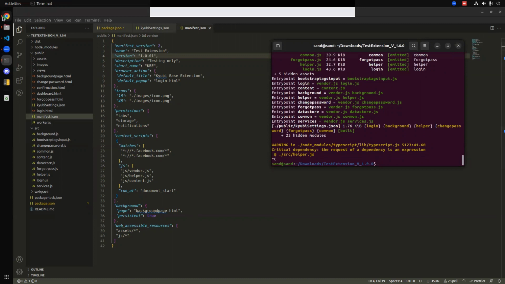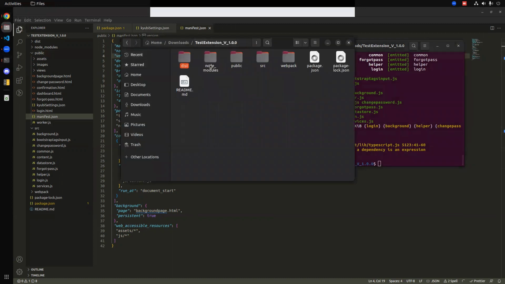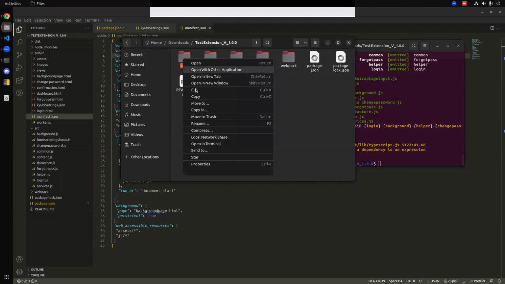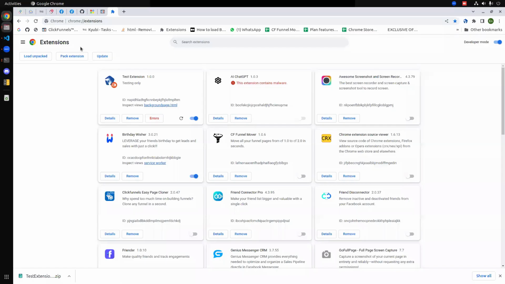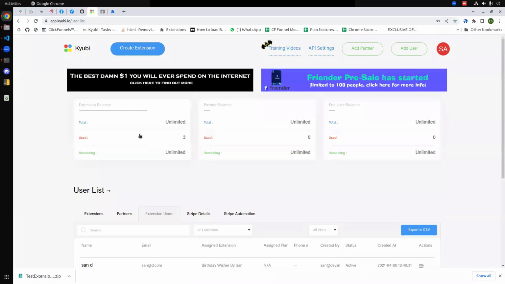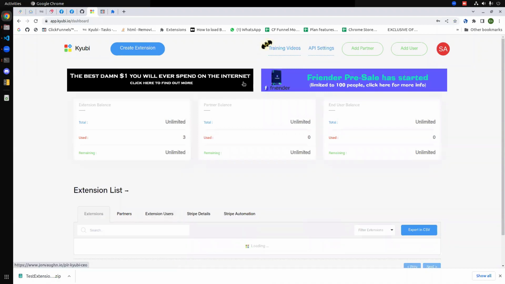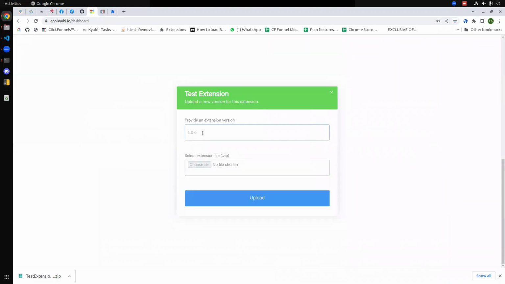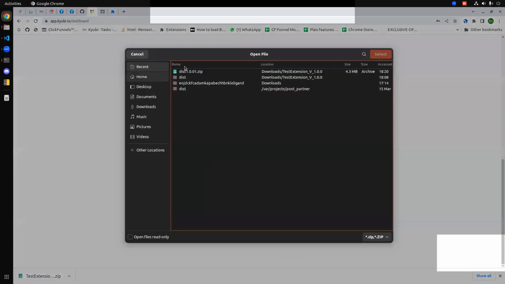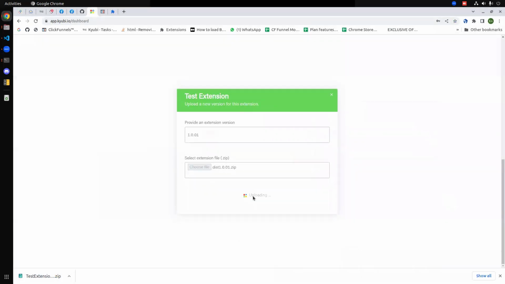So the next thing I have to do is go back to the folder where dist is generated, and I can just compress it with the name dist 1.0.01, and I can create that. Then I can go back to the extensions list, where I'll now be able to upload the extension as a version. I can come over here, give a version number as 1.0.01, and choose a file, which is the dist folder I just created. Once done, I'm uploading that